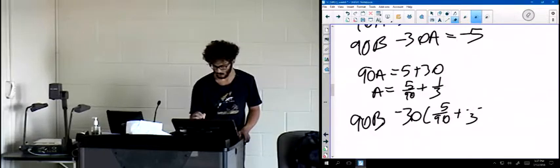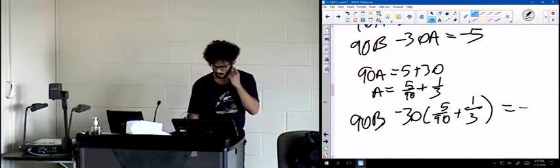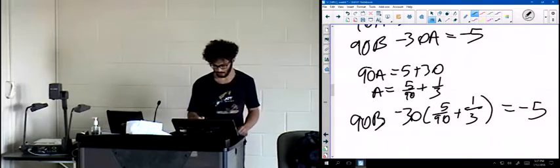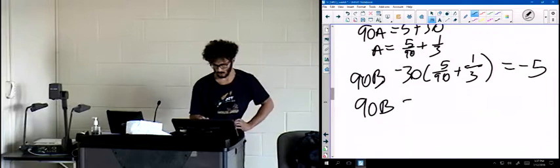I don't like that. 1/3 equals negative 5, right? So again, I'll rewrite it. It looks like 5 over